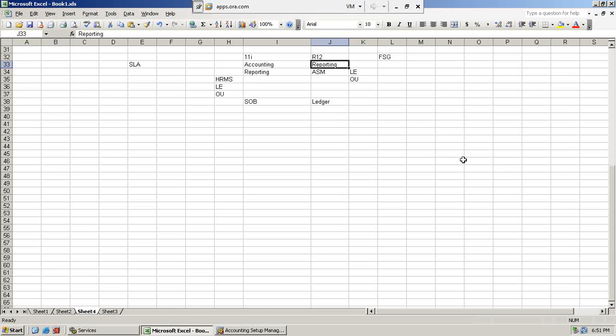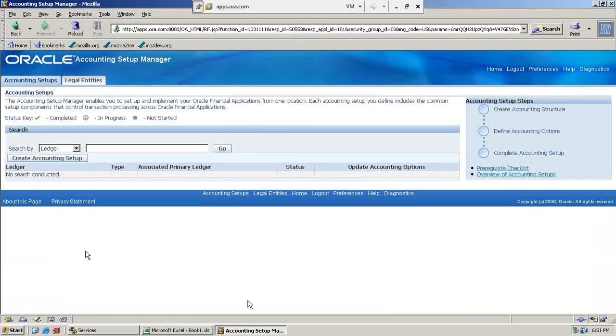Now, our topic of discussion, general ledger. Now, whenever we say general ledger, what comes to our mind? In release 12, it is ledger. In 11i, it is set of books. Now, what is this whole fuss about ledger and set of books? Now, it all depends on the C's of accounting. If you go to Accounting Setup Manager,